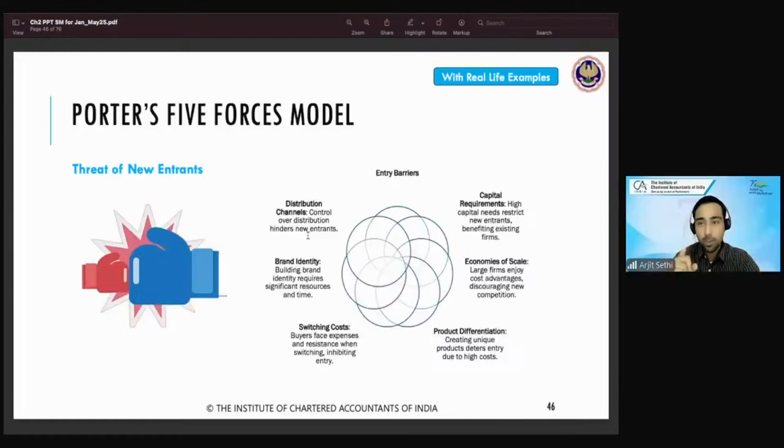Okay. Number one, capital requirements. High capital needs discourage new entrants. Now, what happens is, companies which require a huge amount of money to start, generally a lot of people won't come. Only the very rich people or already established brands would want to explore, right? Nobody wants to fight a Zudio now. Nobody wants to fight an Aditya Birla Fashion today because they're too huge. मैं अपने इतना बड़ा ब्रांड खोल के करूंगा क्या, right?